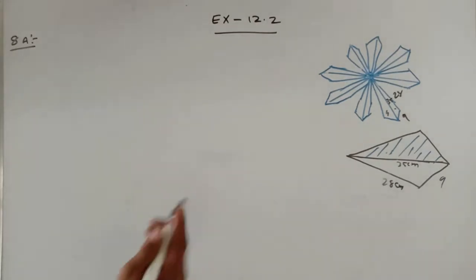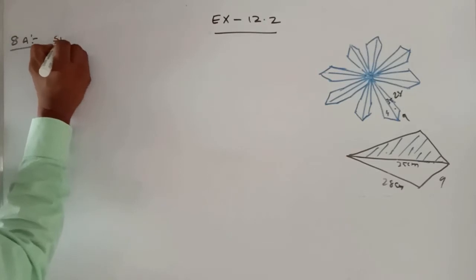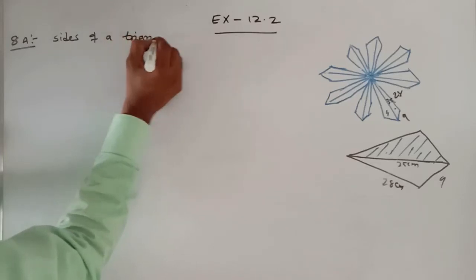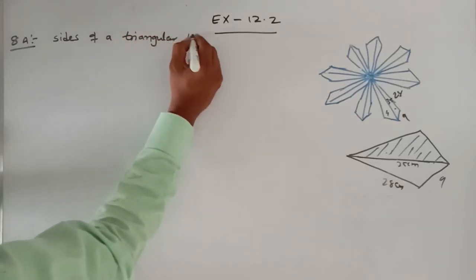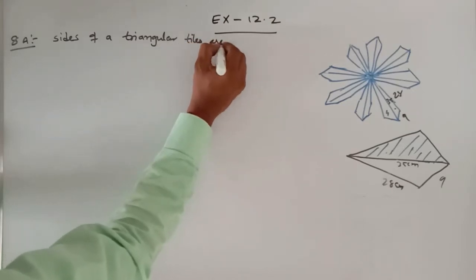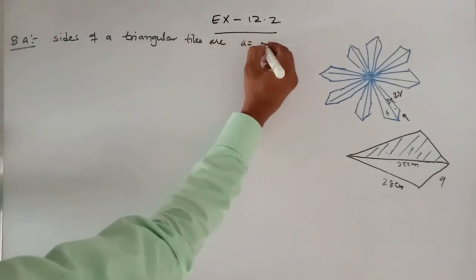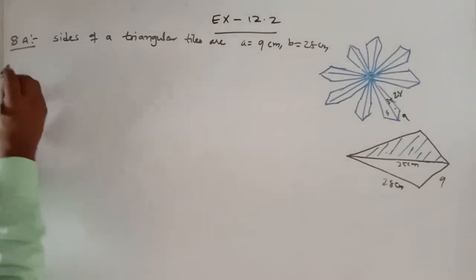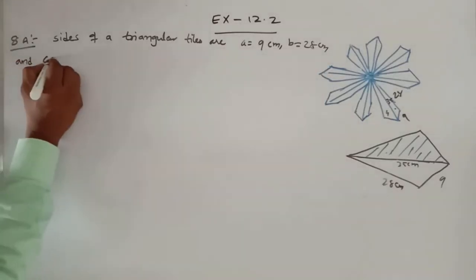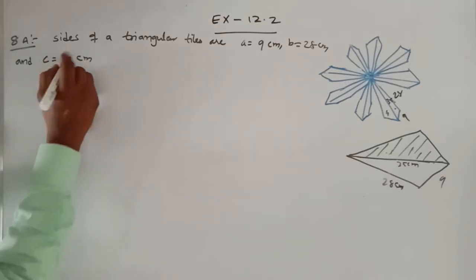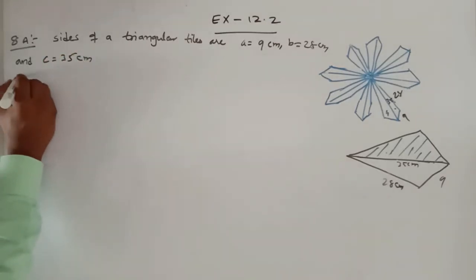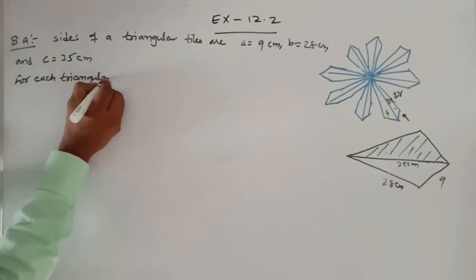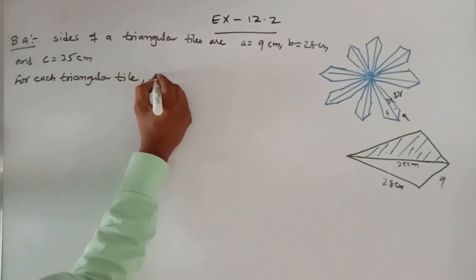So here I am taking sides of a triangular tile as A equal to 9 centimeters, B is equal to 28 centimeters and C is equal to 35 centimeters. For each triangular tile, we have